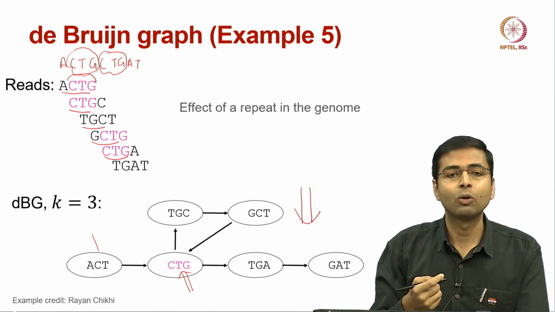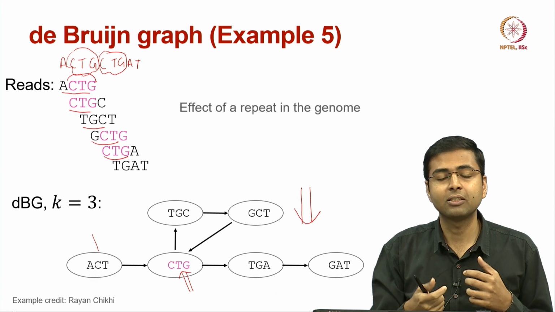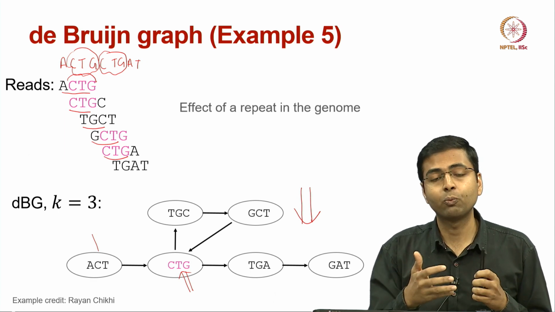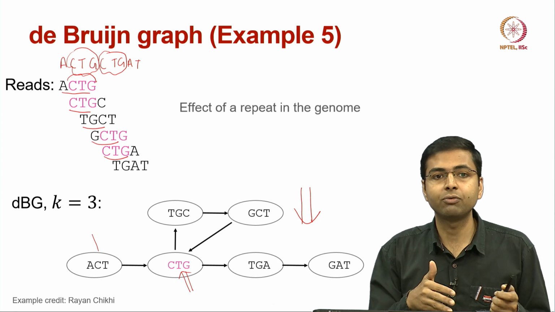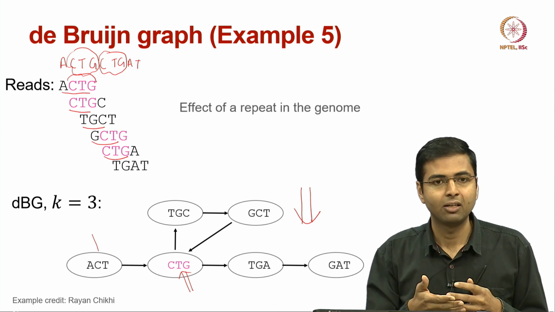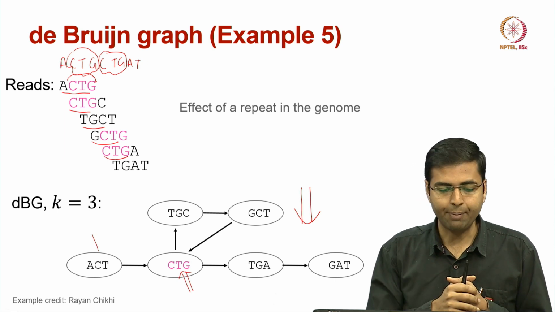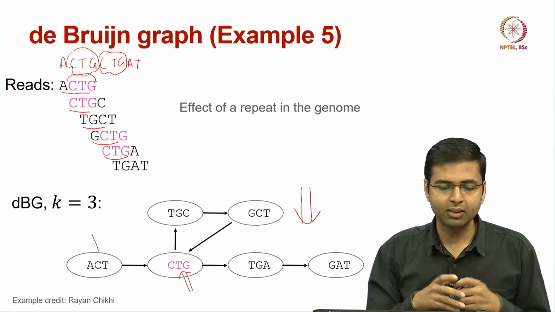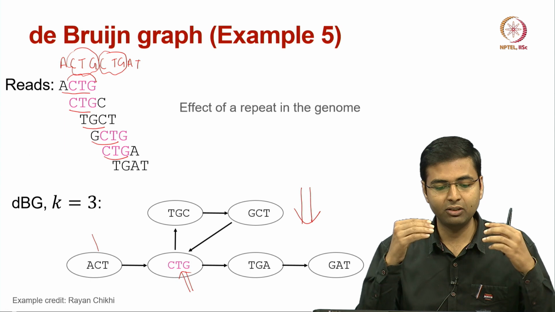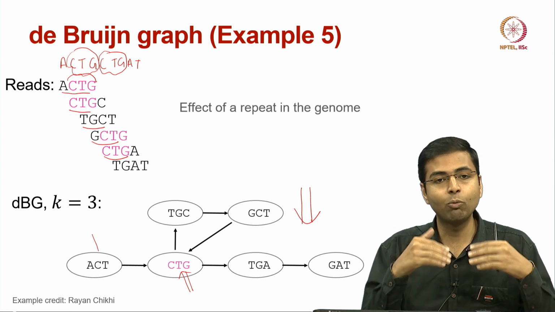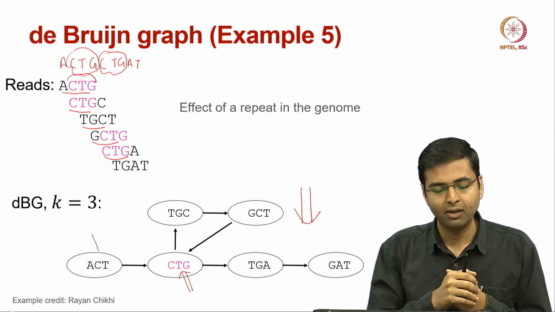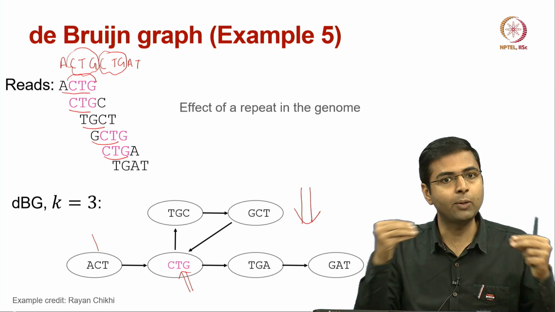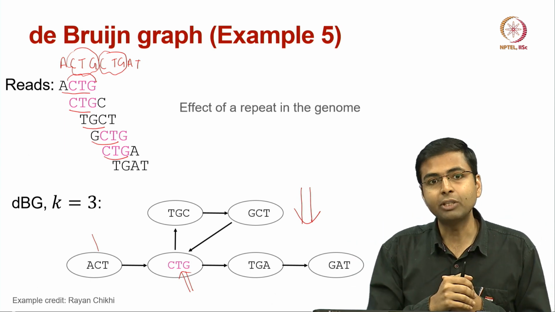So, such repeats will form loop-like structures in the De Bruijn graph, and again these loop-like structures make the downstream analysis of this graph more challenging. We will see why this happens, like why am I saying that downstream steps become more challenging, because you can imagine that as the graph becomes denser,